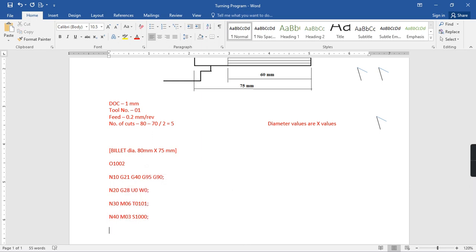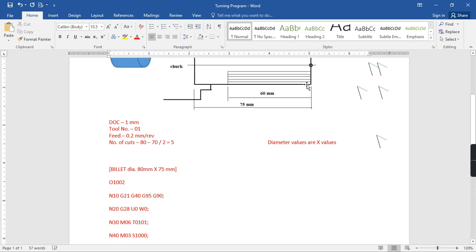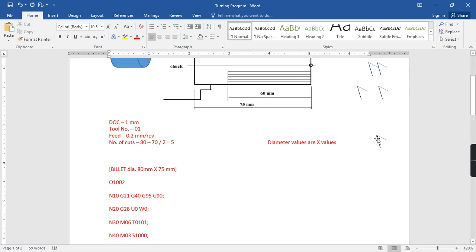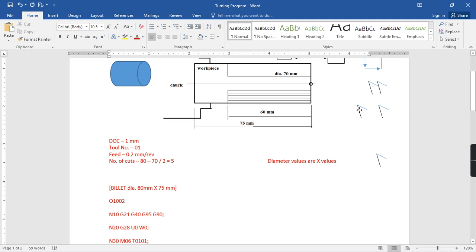Next, you have to rapidly bring the tool with G00 to this position, X80 and Z1, in front of the tool. So X80 and Z1.